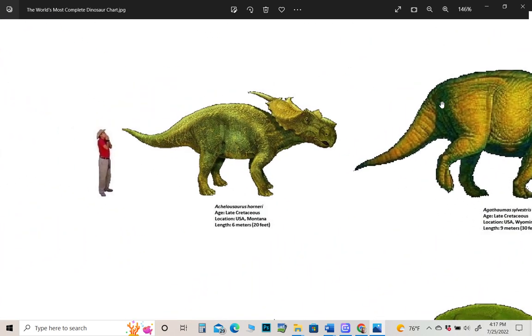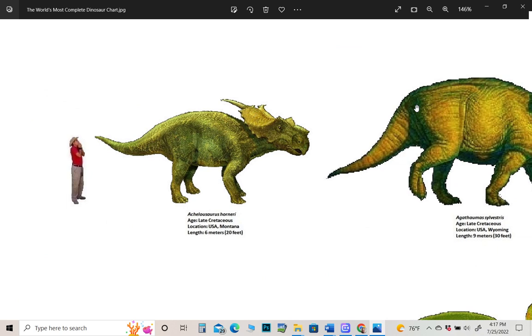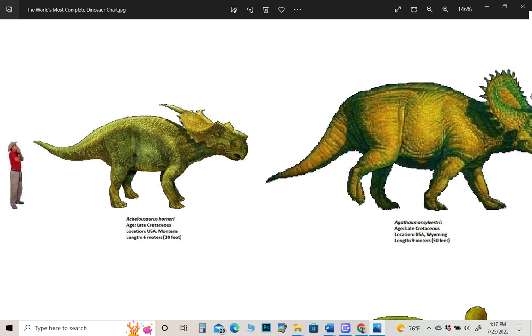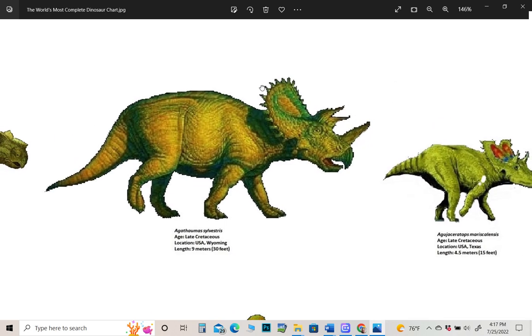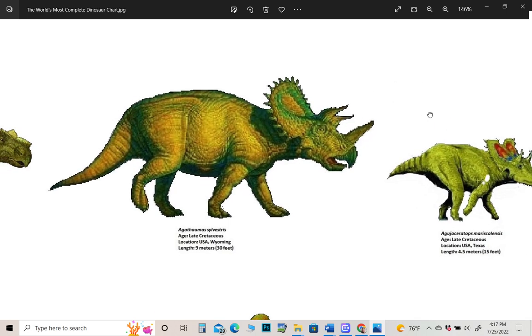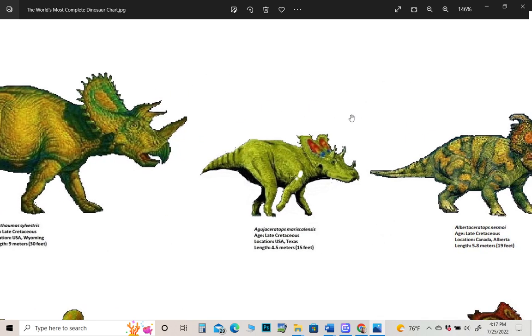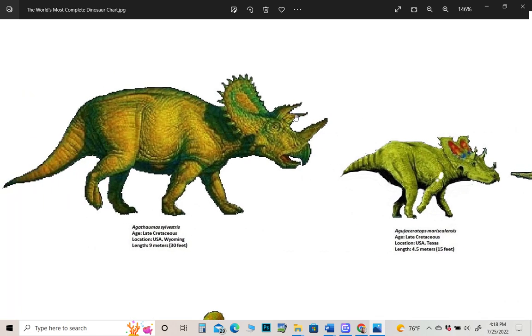All right, ceratopsids. You have Achelosaurus, Agathaumas, which is probably a Triceratops, but we don't really know. It's a dubious genus, of course. They don't know the size of the horns. This is kind of a guess they made. So,